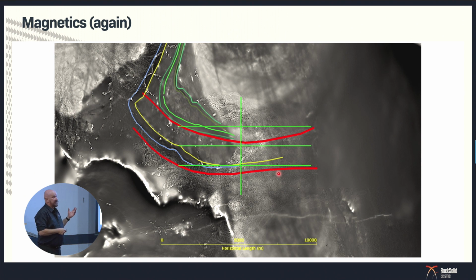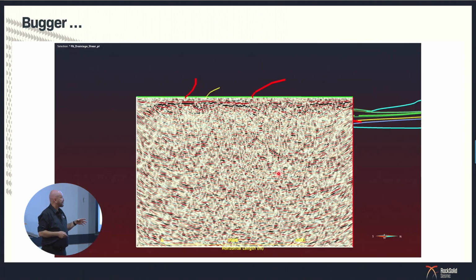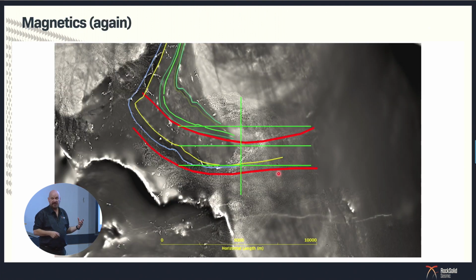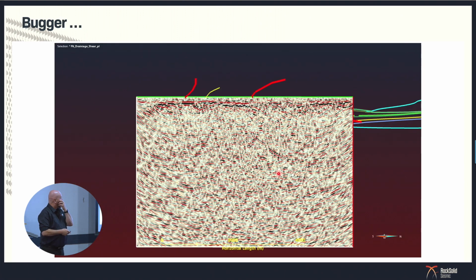So by digitizing on that map where I think the contacts are, and then coming back to the magnetics and saying, well, I know that these things here are lithological contacts, they're not structural contacts, I'm going to put those in. But unfortunately, they hardly cross the seismic lines. So I'm going to have to start interpreting the data rather than just putting it in there and running with it. So I got into here and I can see, well, there's something that comes down through here and